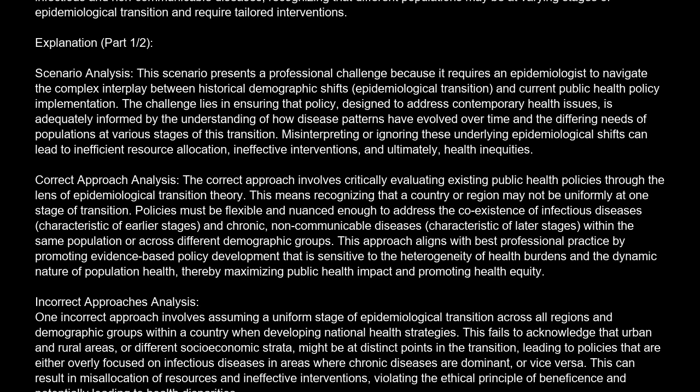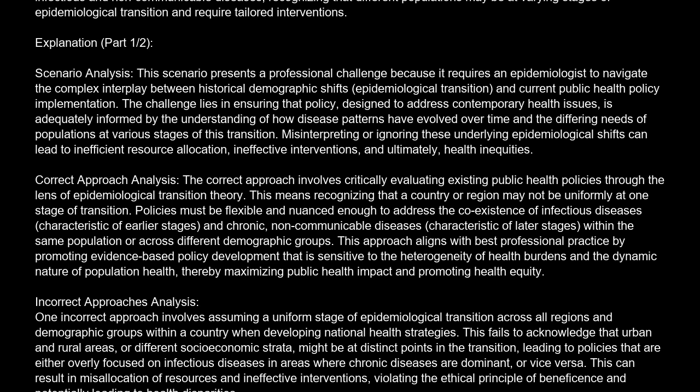One incorrect approach involves assuming a uniform stage of epidemiological transition across all regions and demographic groups within a country when developing national health strategies. This fails to acknowledge that urban and rural areas, or different socioeconomic strata, might be at distinct points in the transition, leading to policies that are either overly focused on infectious diseases in areas where chronic diseases are dominant, or vice versa. This can result in misallocation of resources and ineffective interventions, violating the ethical principle of beneficence and potentially